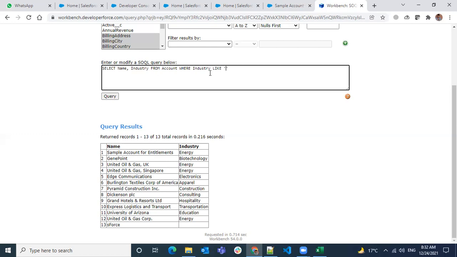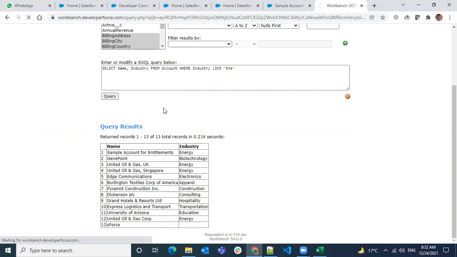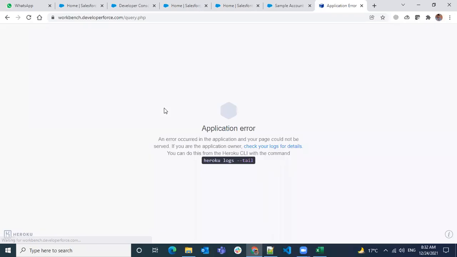After LIKE, we have to give an expression. Let's say I'm giving INE, so LIKE INE, and if I run the query, it's not going to work. I have to give the characters, a character to match with a single or multiple characters that we are trying to look for.